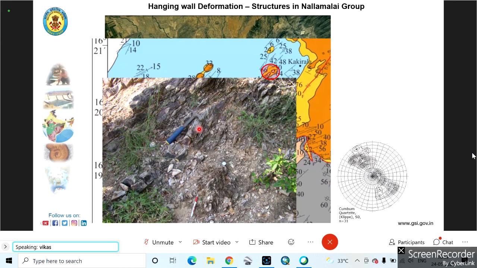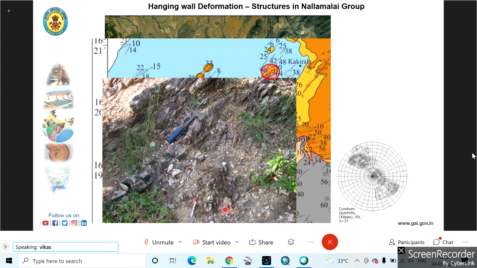That's actually a quartzite. And where the pen is kept, you can notice a fold there. White and red colored pen is kept there. There a fold is there on the right side. That's actually a shale. If you go further downward of this hill, when we started to climb, we saw that it's all undeformed horizontal beds. And when we went up to the contact of this quartzite with the shale, we saw that the shales have also been folded. These quartzites are all folded, very highly tight folded.